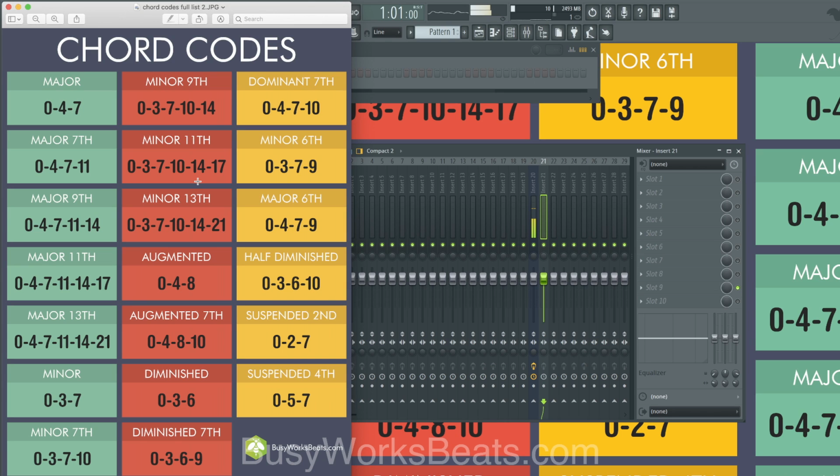So we're going to count up note by note. We're going to count to 3. So it's 1, 2, 3. Then 4, 5, 6, 7. Play all these notes at the same time. 8, 9, 10. And then 11, 12, 13, 14. And then 15, 16, 17. Play all these at once.